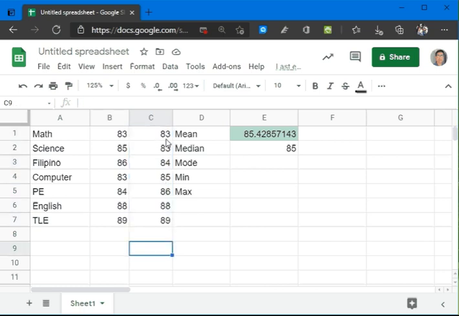So we have here 83, 83, 84, 85, 86, 88, 89. So we notice that there are 2 duplicated numbers, okay? 83. So that will be the answer of mode. Okay, but actually